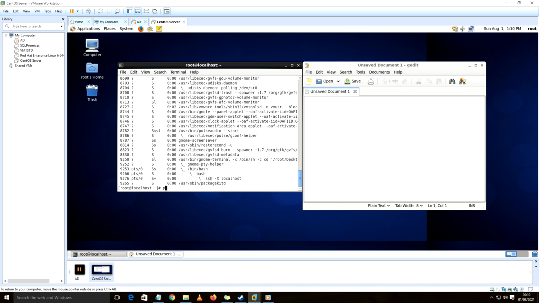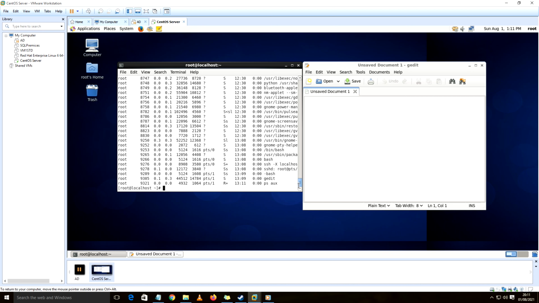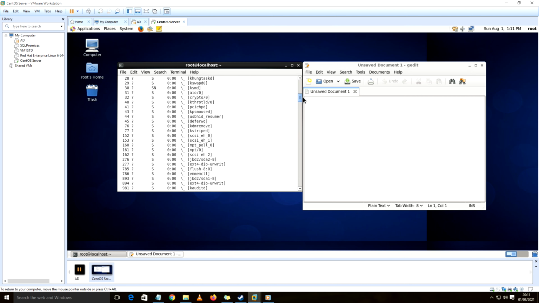Now from this lot of information, if I want only the processes of the SSH protocol, then I'm going to type ps aux. AUX is also going to give me information about the processes, but over here you are not going to have a parent-child relationship.